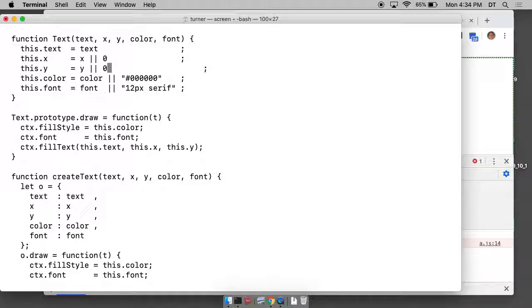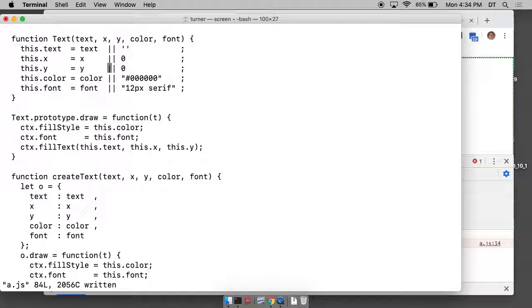And the text. I mean, we could set text to, yeah, we could do that as well. We could set text to, say, empty string as a default. Not sure that that's useful, but not such a bad idea. So everything is a default now. See how that works? This is called an OR operation. And I'm using what's called